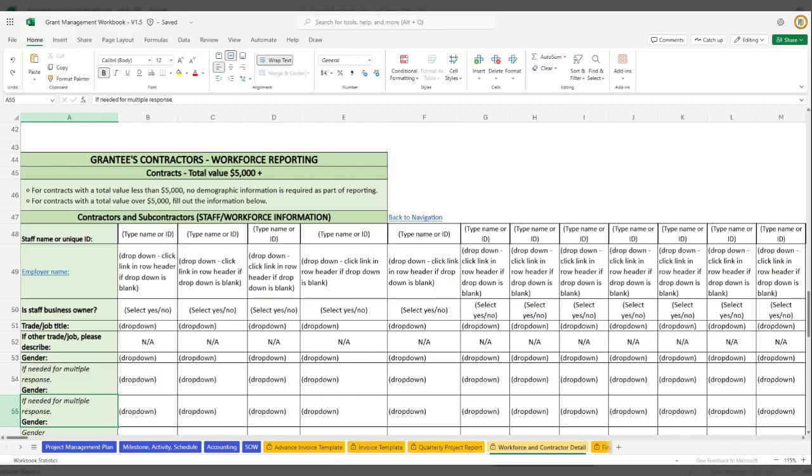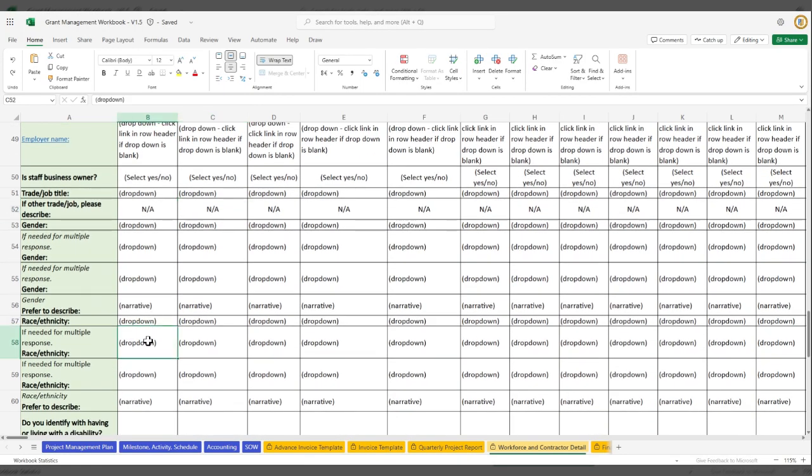These fields are employee name or unique ID, a drop-down option for which contractor or subcontractor they work for, whether or not this person is the business owner, the trade type/job title, race and ethnicity with multiple dropdowns for multiracial identities, gender, again using dropdowns with inclusive multi-select options,